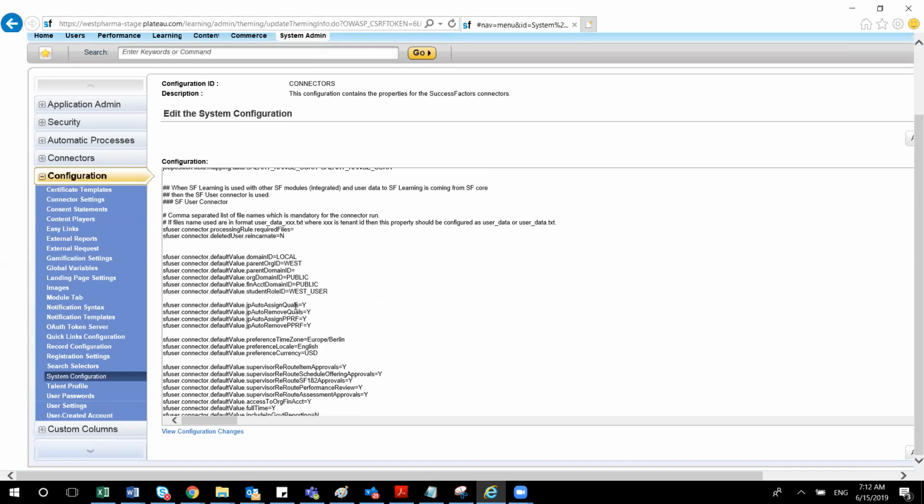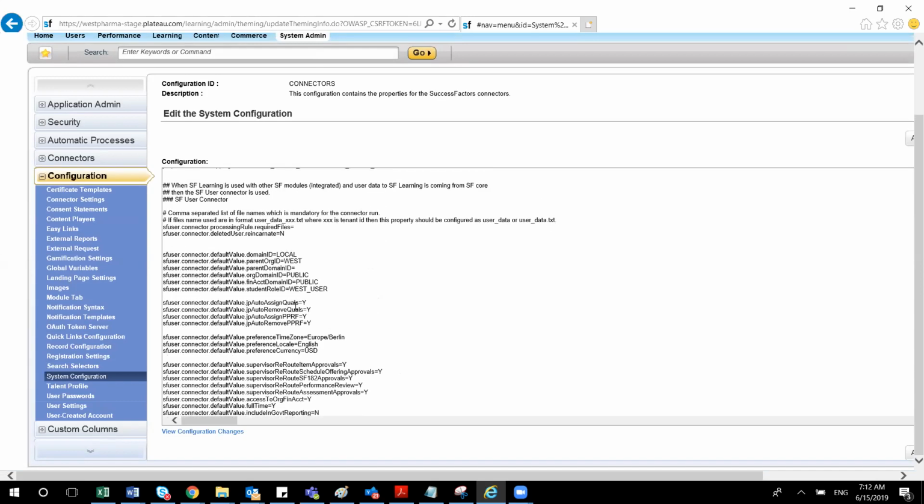But I didn't get any. Have you tried Chrome or Internet Explorer? I have chosen the user connector template, but there is no further button to download. I think in this test environment, they might have some restriction. I'm not sure, but I'll share the file. In the production environment or my own system, I'm able to download that.